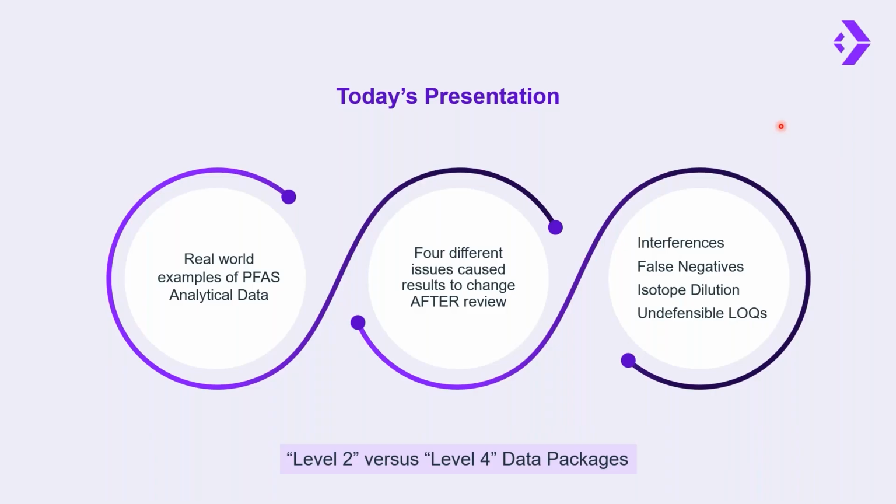And that's typically referred to as a level 4 data package when we receive the raw data. Now, that can be acceptable, of course, but at TRC, we've discovered potential data anomalies when we dig deeper into these level 4 data packages. And these anomalies have actually been fairly random, not necessarily laboratory specific. And the anomalies can impact the final reported detections or the final reported concentrations of PFAS in our samples that we're all using for decision making on our sites. So today I'm going to show you some specific examples of these anomalies.